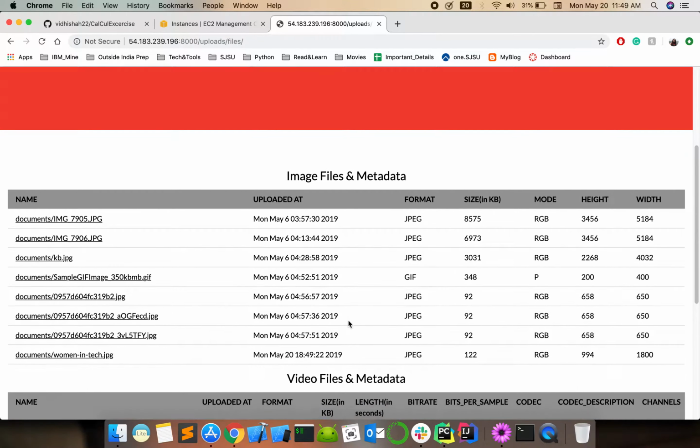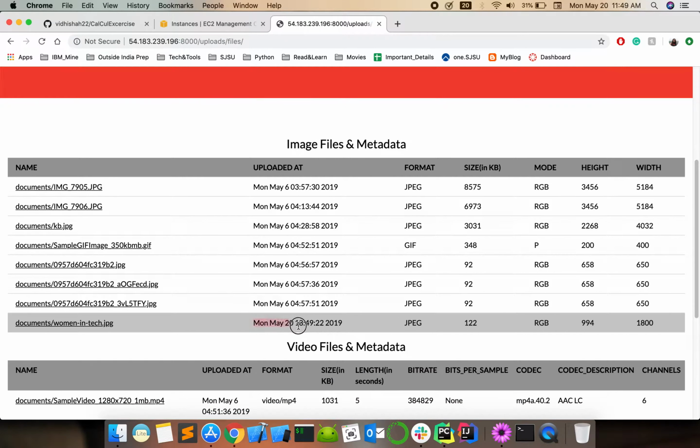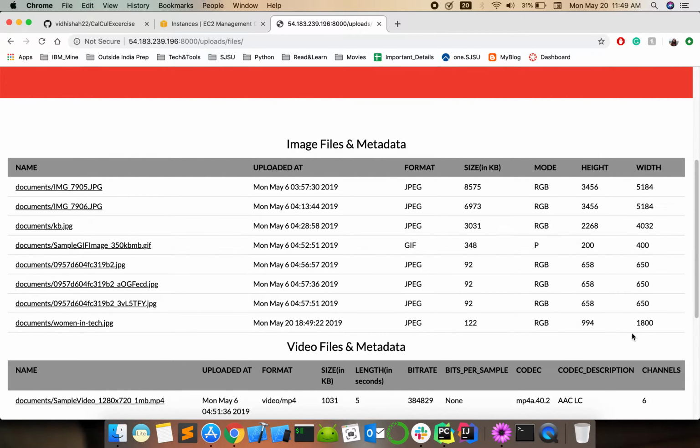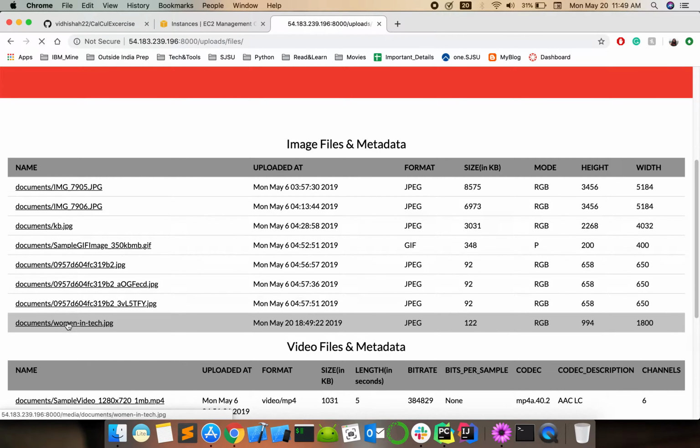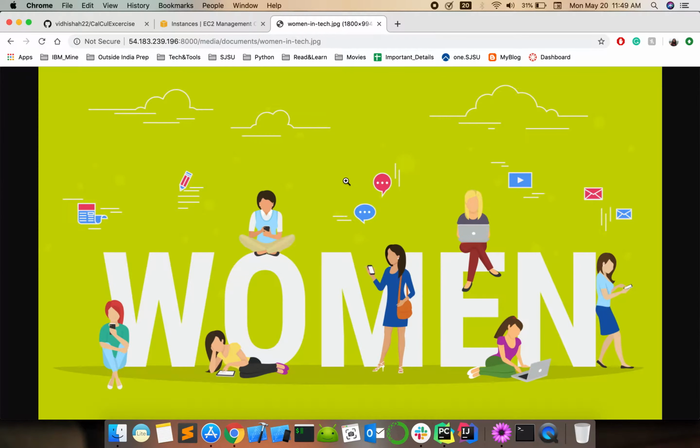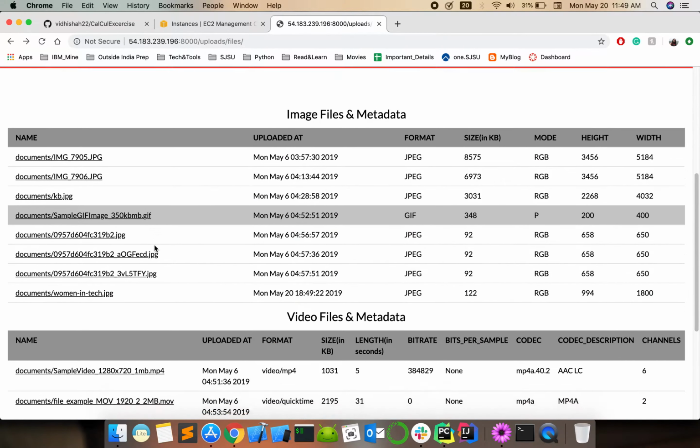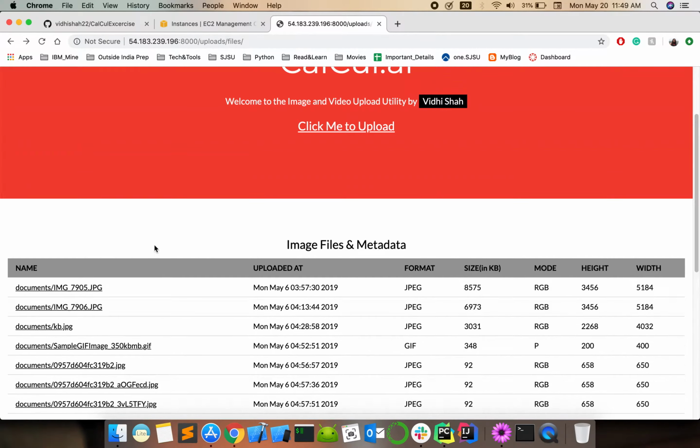As you can see, for today, 20th May, I've uploaded this image, and this is the metadata. Its format is JPEG, size is 122 KB, RGB, height, width. If I click on it, it shows me the actual image. And if I go back